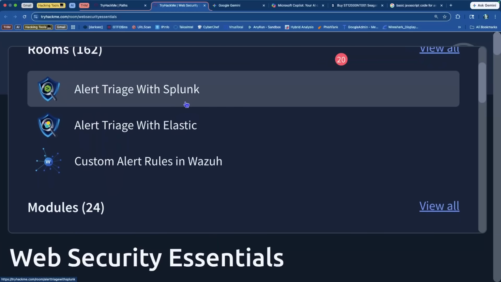And it should just give me alert triage with Splunk, because there's the word alert in here. With Elastic, custom alert rules, scripting for pen testers, because there's the word script in here. So it should load these various things for us, and not necessarily anything else that would be deemed as a